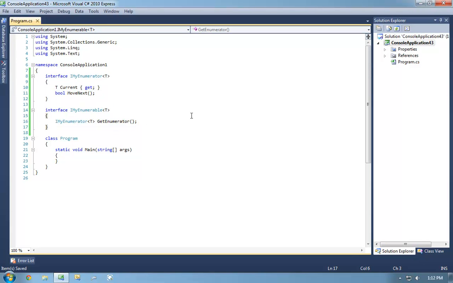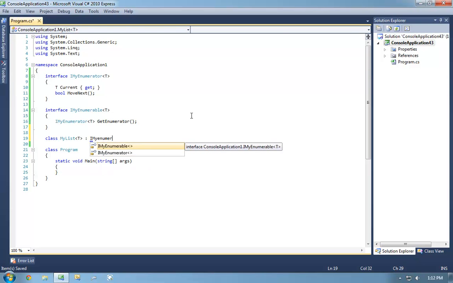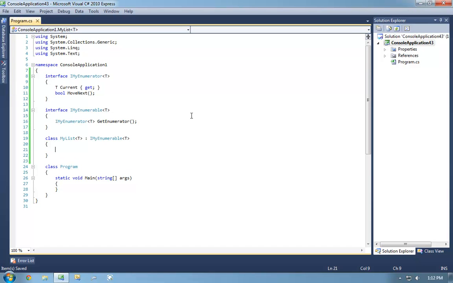And what we have are things like lists. So in this case, this list implements the IEnumerable. IEnumerable itself does not expose any mechanism for adding any item to a collection.